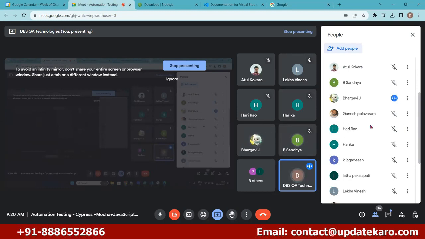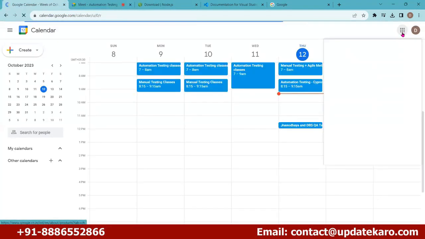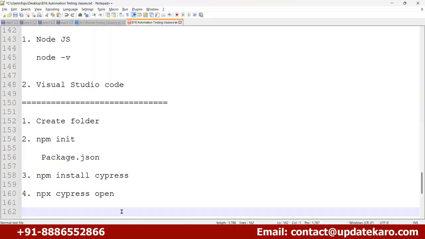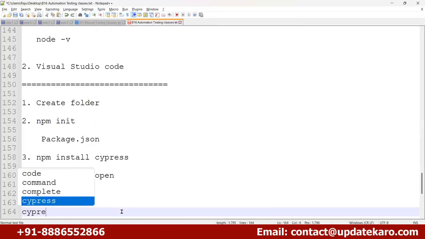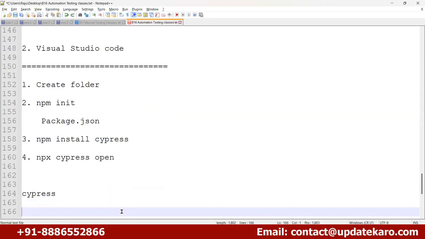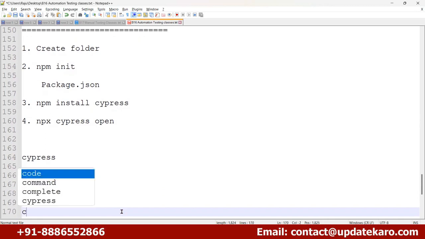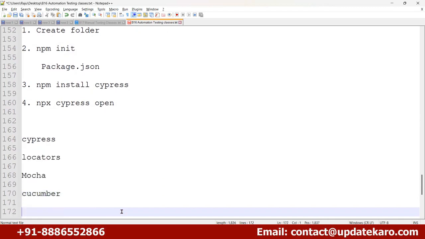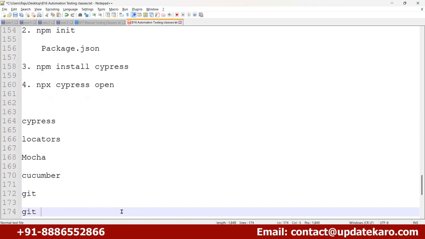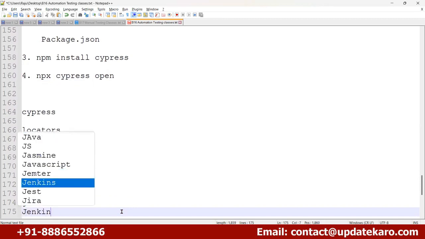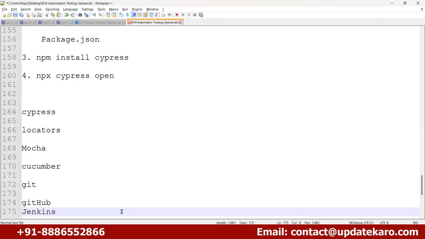What is the syllabus we are going to learn? I have to show you the syllabus. We are going to learn Cypress overall, the high level components. We are going to learn how to get the locators, all those things. And also we are going to learn the Mocha framework, the Cucumber framework, Git and GitHub,